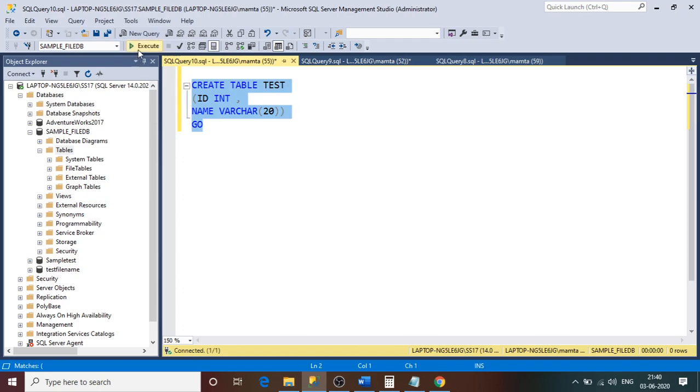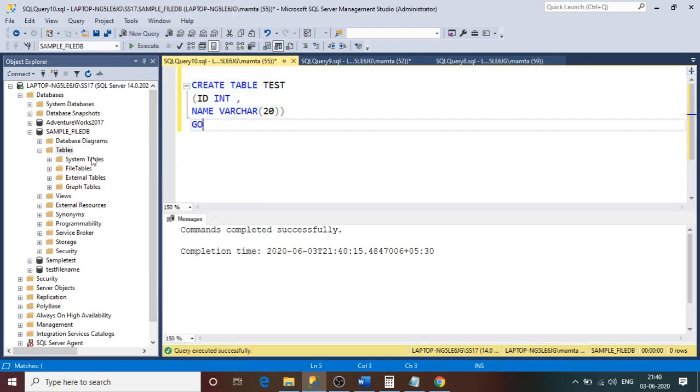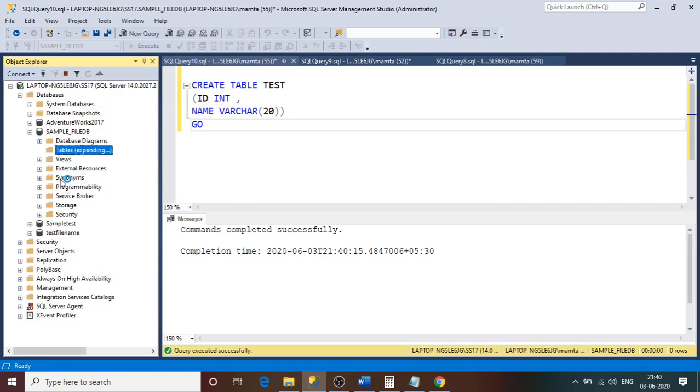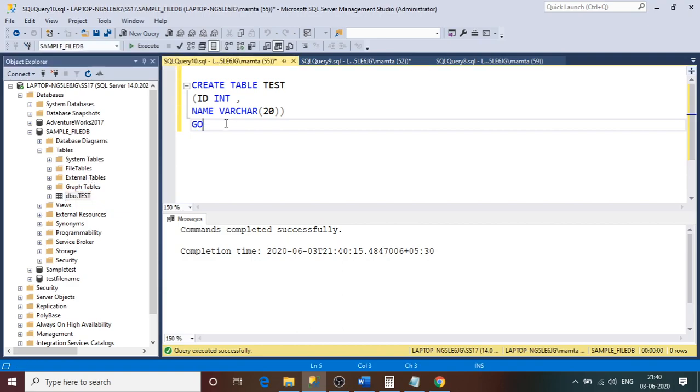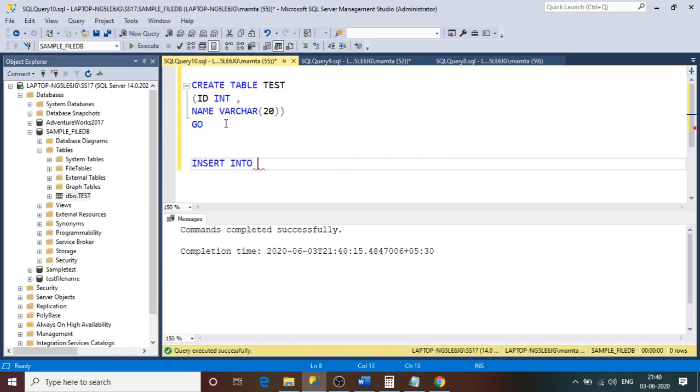I have created this table, and if you refresh this, we will see the test table. Similarly, like any other database, it allows us to create a table like that. There is no difference. Let me insert a few records and see. I'll show you.